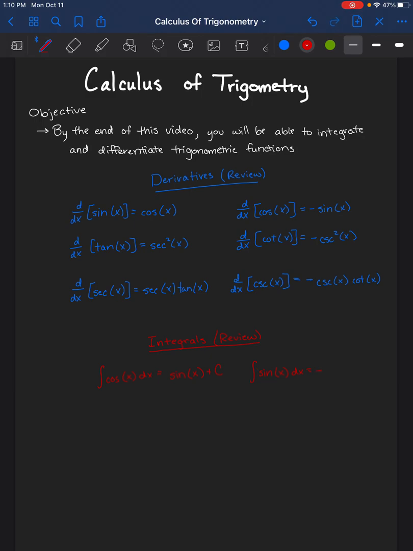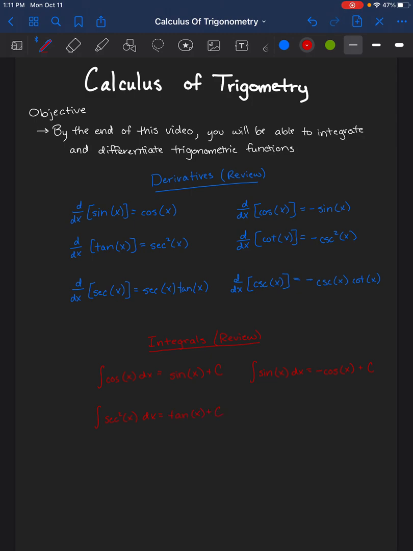This is just going to change sign. So instead of it being negative sine x to positive cosine x, this is going to be a positive sine x to a negative cosine x. And so again, the trick to remembering this is if your answer has a cosine or a cosecant or a cotangent, that's when you need to switch from positive to negative or negative to positive. Continuing, the integral of secant squared x dx should lead us to tangent x